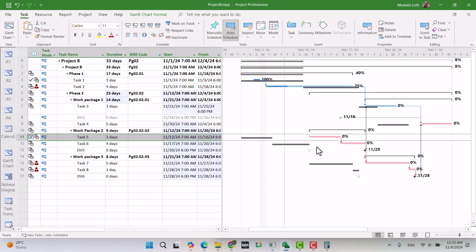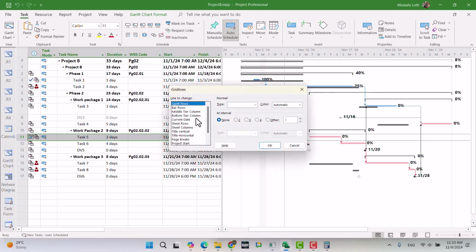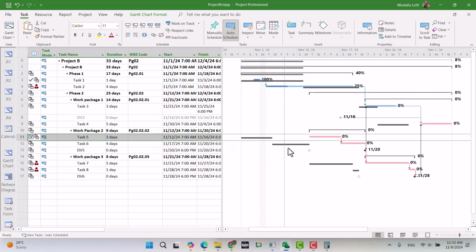This. It's just an assumption, right? Current date. Okay. Now look at the project B. What I have before